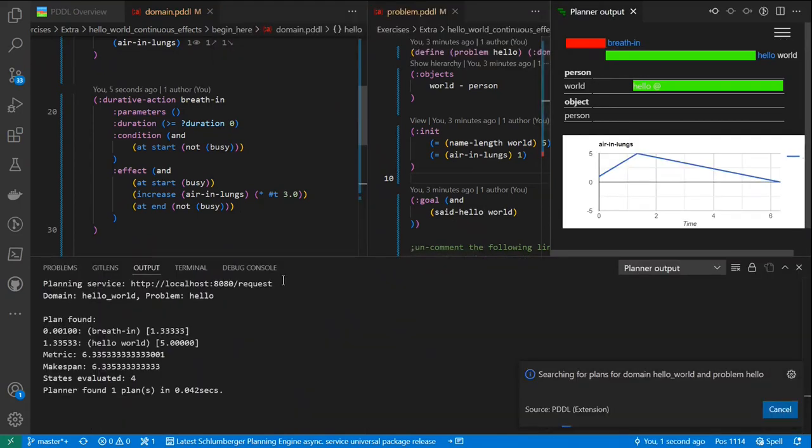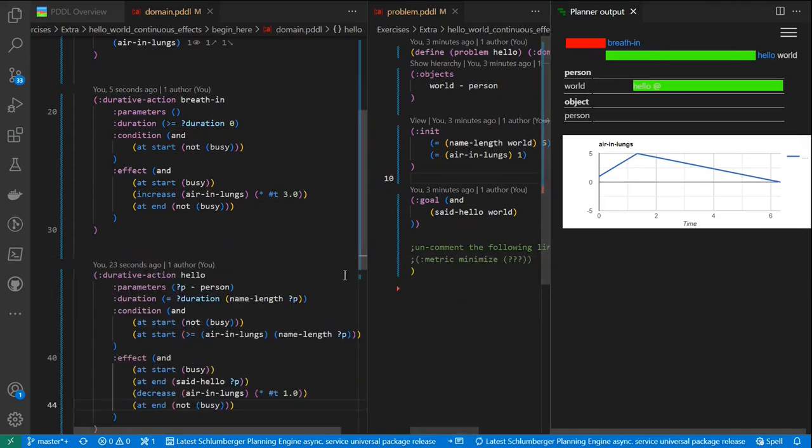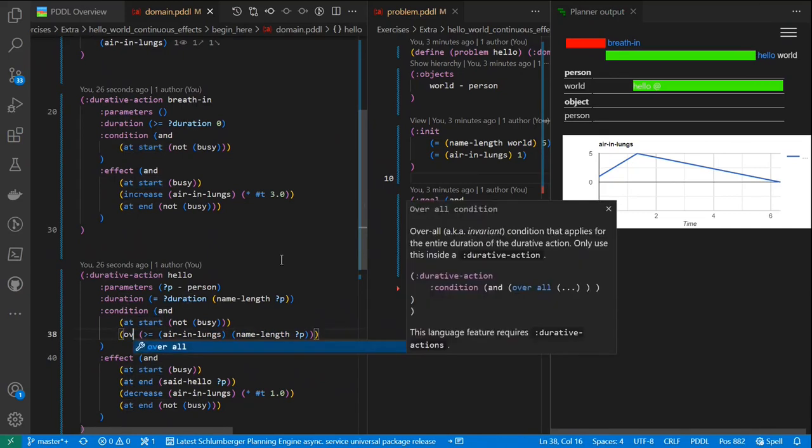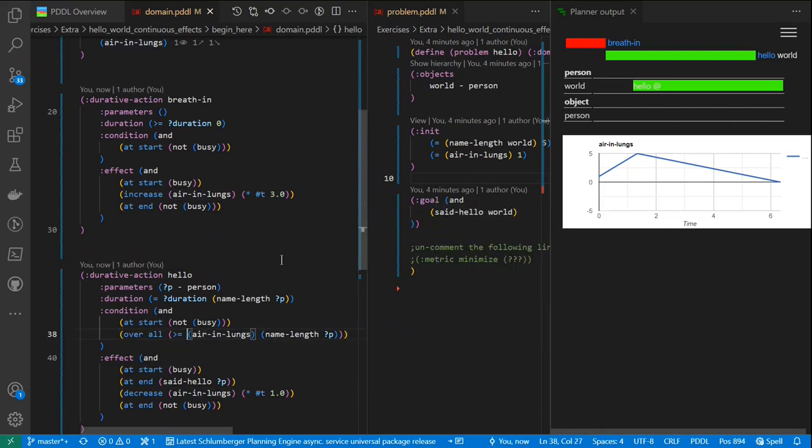So will that just correctly modify? Yes. So we breathe in for this much, and we are going to exhale and say hello, and that takes this much. Now, we said that at start, we need to have that much air in lungs, and that happens to kind of exactly work. But in fact, what we should have done is specify this as an overall condition that